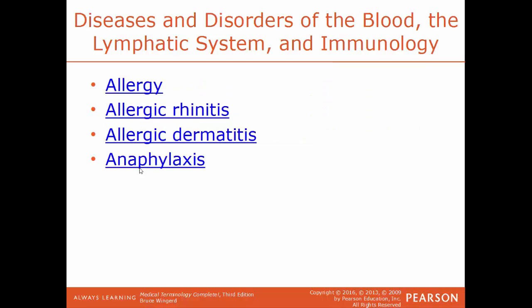The next one, allergy. This is when your body has an immune response to any number of things: pollen, ragweed, grass, food, dander from pets, any hypersensitivity that your body has. And the symptoms could be dry eyes to runny nose to becoming very swollen if you have a very severe